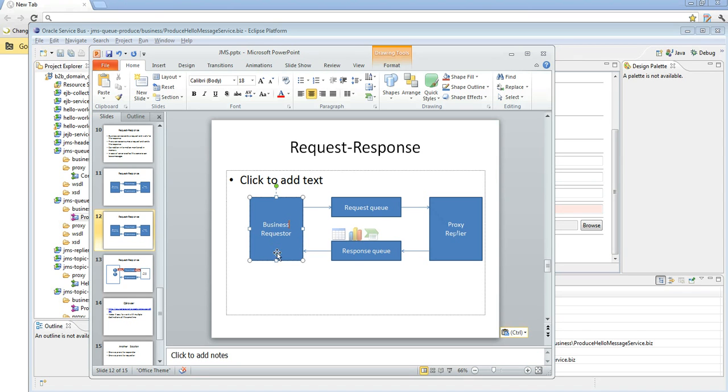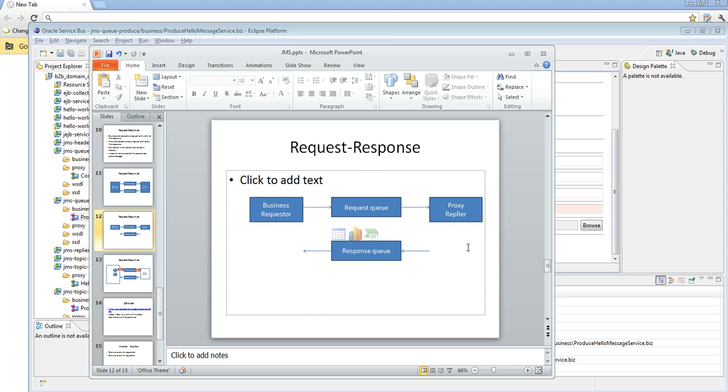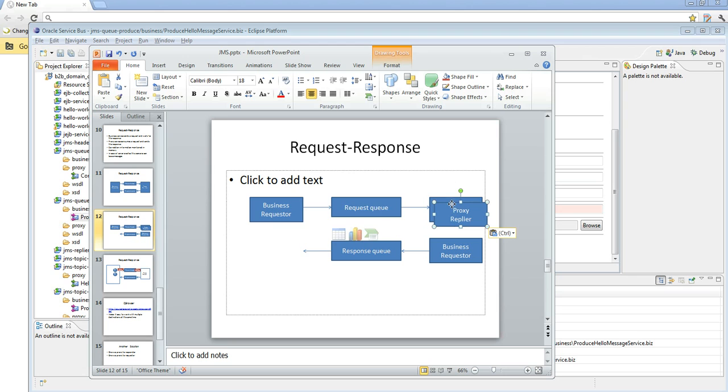You will have a business service which will put the request in the request queue, and then you will have a proxy service which will pick up that message, and then you will create another business service on this side, so that it will put the message in the response queue, and then here you will have another proxy service on this side in order to